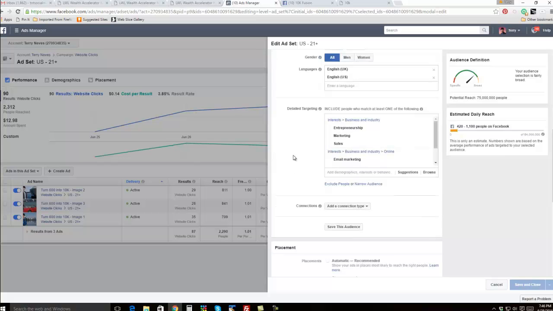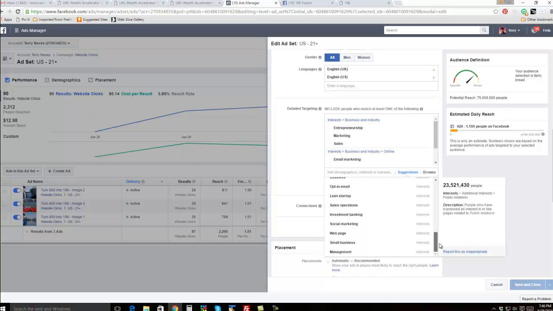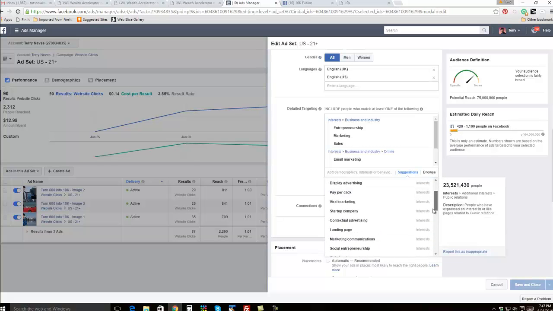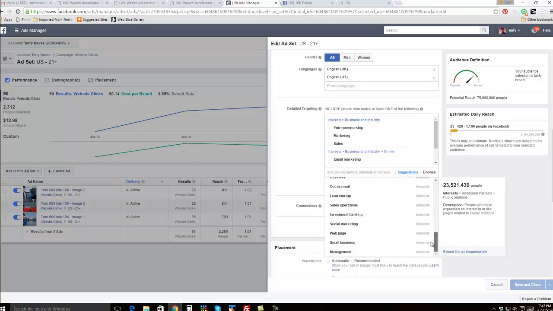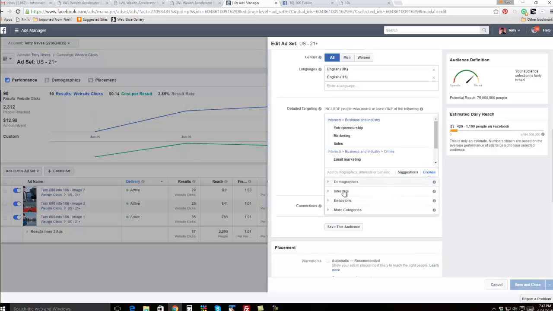Now, the detailed targeting. This is very important. This is who we're specifically targeting. If you click in this box here, you'll see all these different things you can target. Specific web pages, social marketing, digital marketing. There's a lot of things that you can target; these are just suggestions. You hit browse, it actually gives you everything. Demographics,